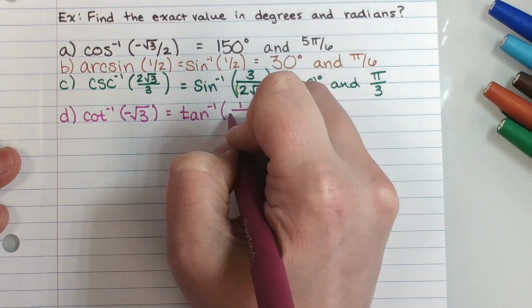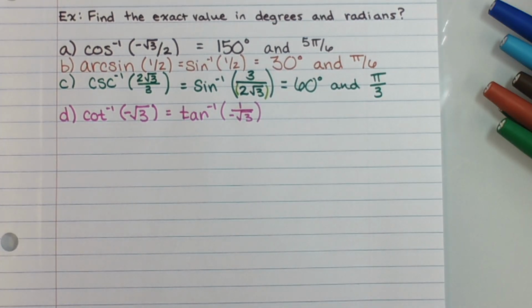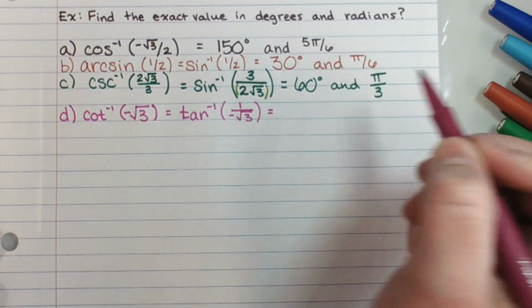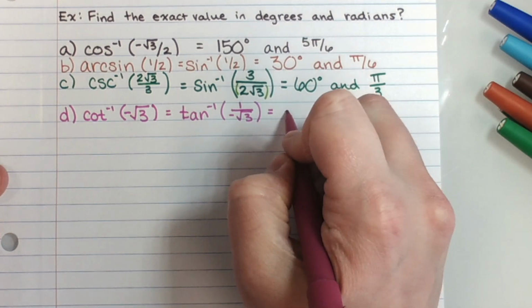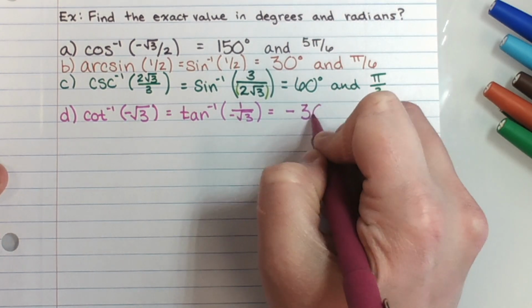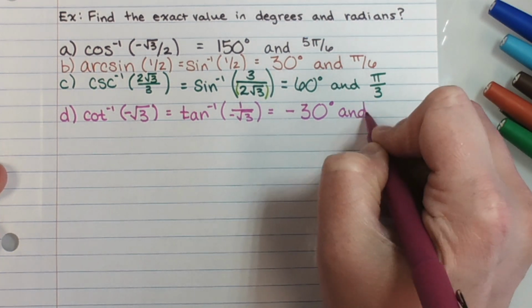Or you can put the negative out front. And what do you get? And in radians,